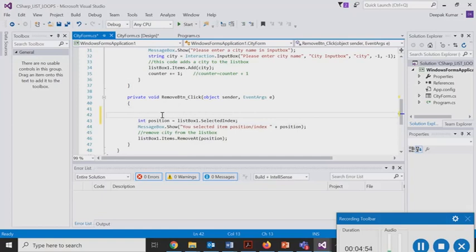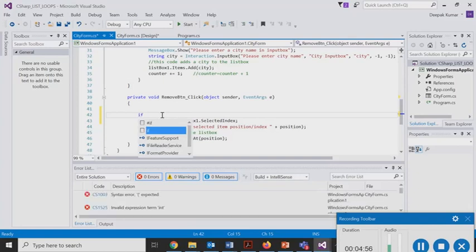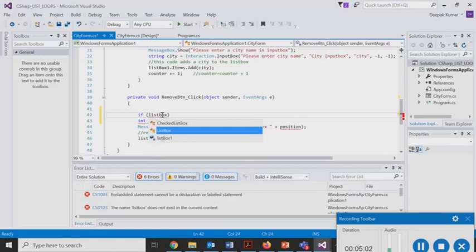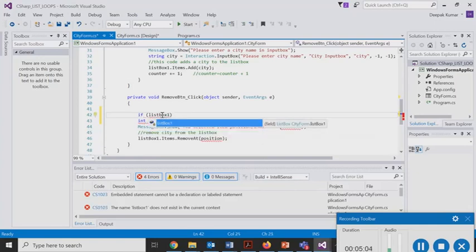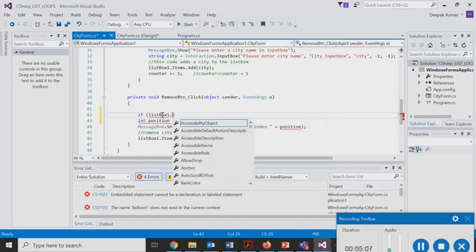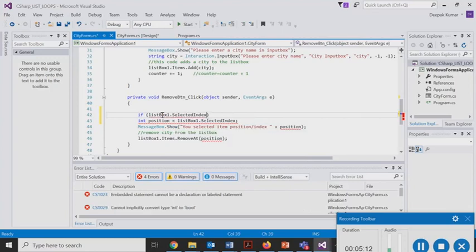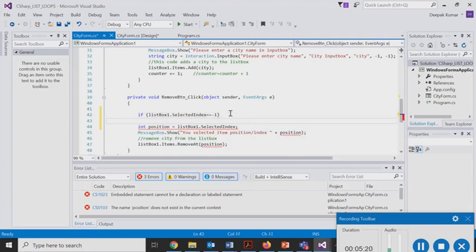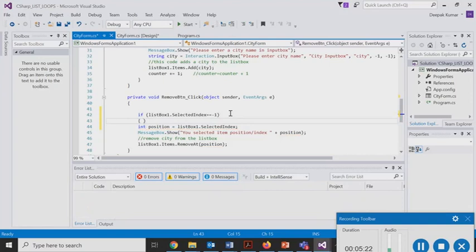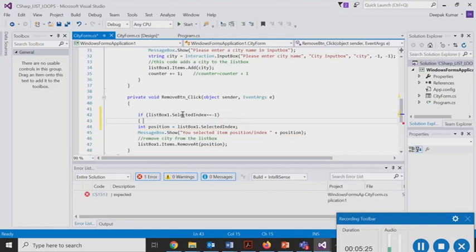So we have to add an if condition here. So if list box 1 dot selected index equals -1, that would be the condition. Then I'll remove this closing bracket from here, and obviously I'll put this up into this thing.